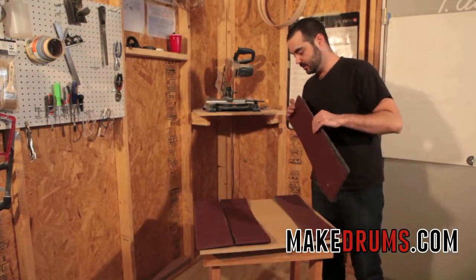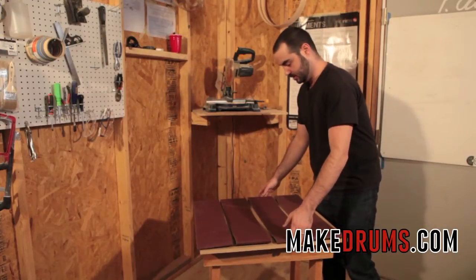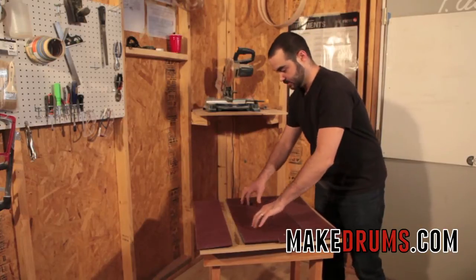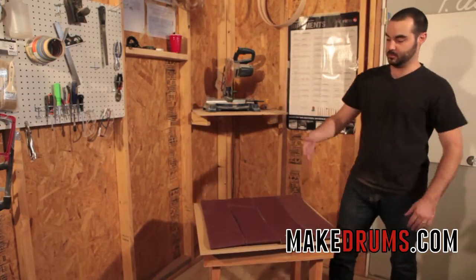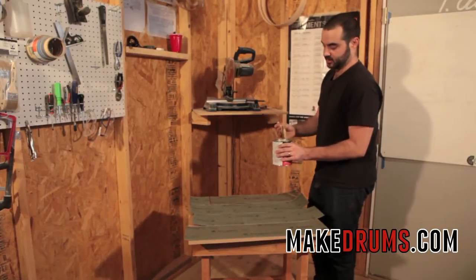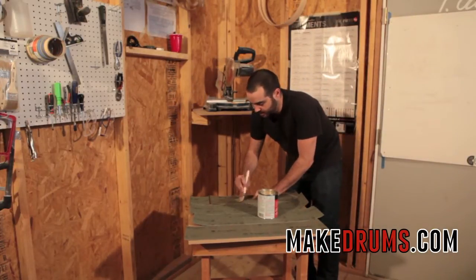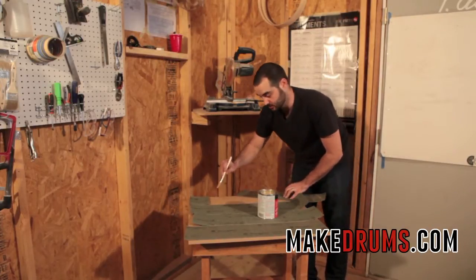Okay, so now that we have this wood cut, you're going to take your belt sanding paper, and you're basically just going to figure out which way it'll be arranged to be put on there, and you'll cut them. And now you'll want to apply contact cement to both surfaces. So you'll apply it to the back of the sandpaper, and you'll also apply it to the wood that it'll